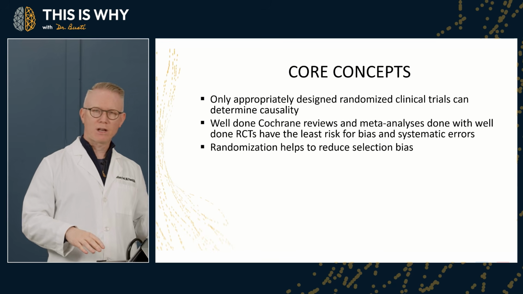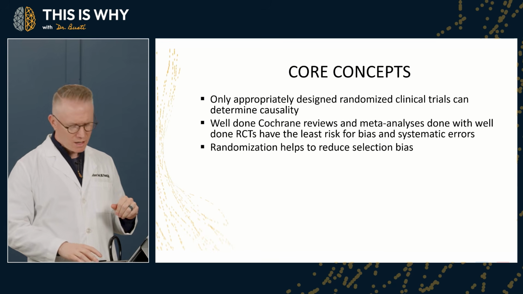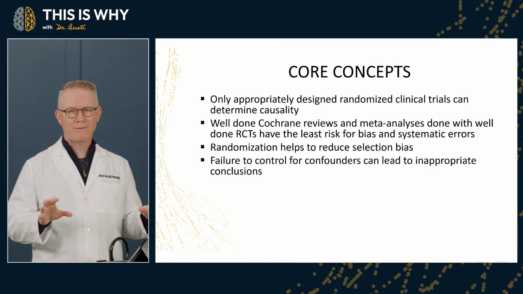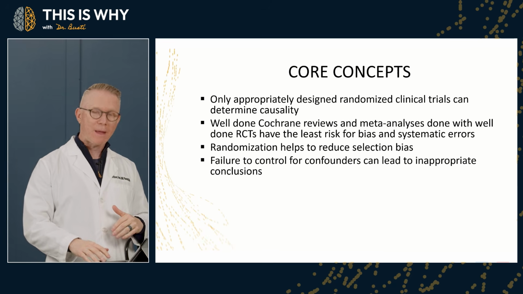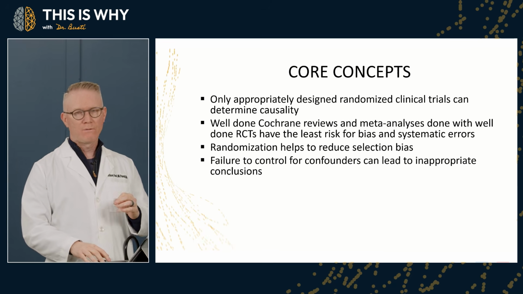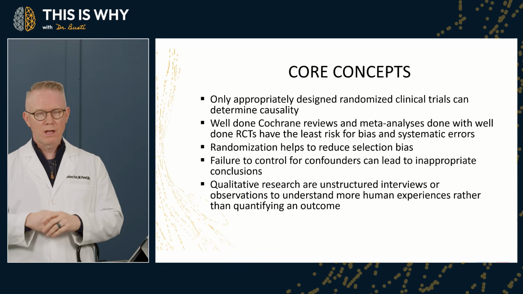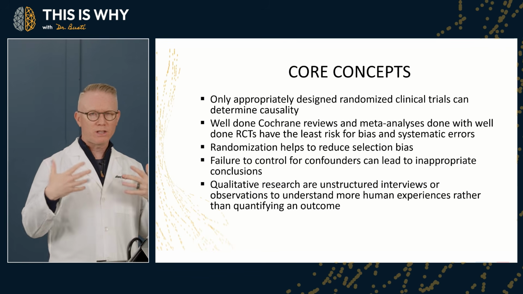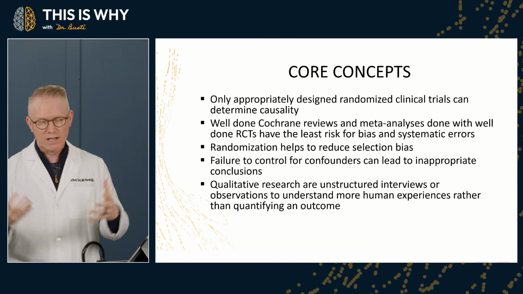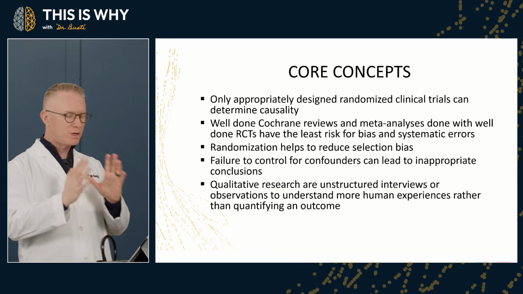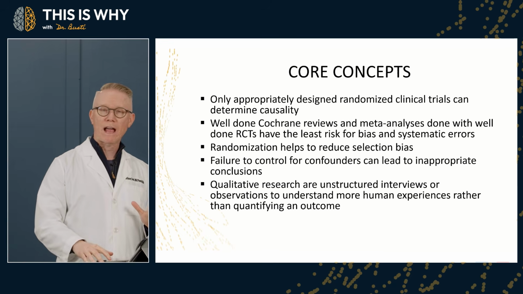Now, randomization obviously helps us with bias. Failure to control for confounders can lead to inappropriate conclusions. It also impacts our internal validity in that example that I showed you. And then qualitative research is really these unstructured interviews and observations that are trying to be summarized descriptively to explain human experience rather than